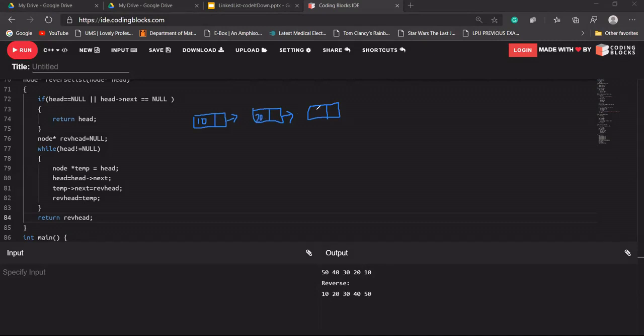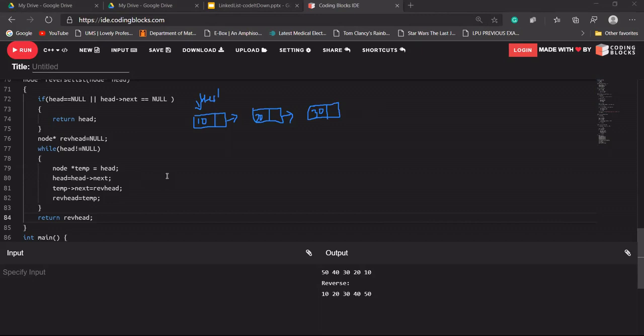Head will be pointing to this node. Let's make it head. So what will our function do? Suppose our function will be called.